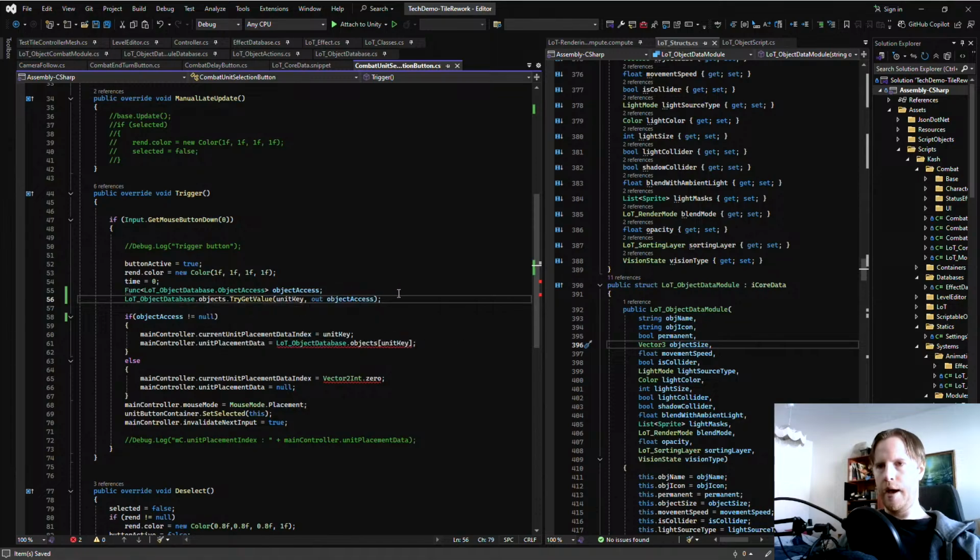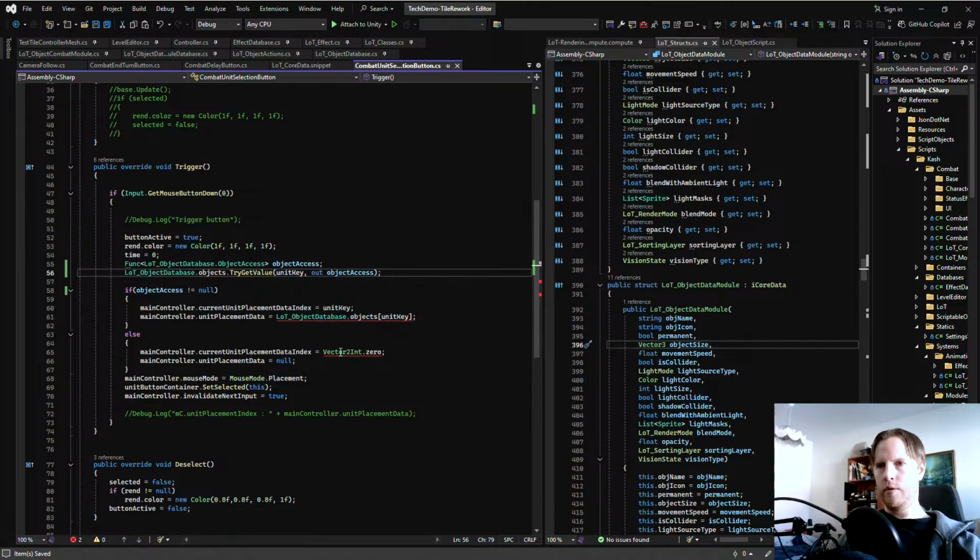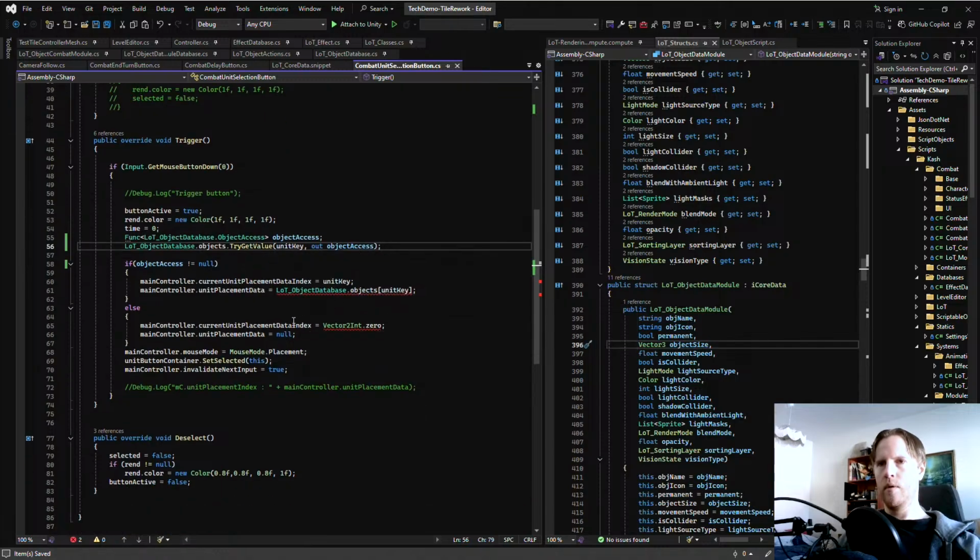And then we get that. But then what we're trying to get here is, if object access does not equal null,